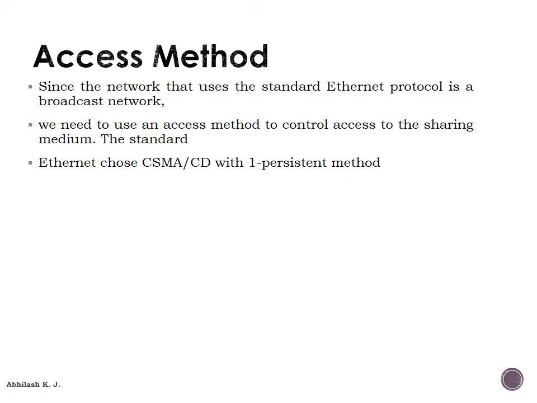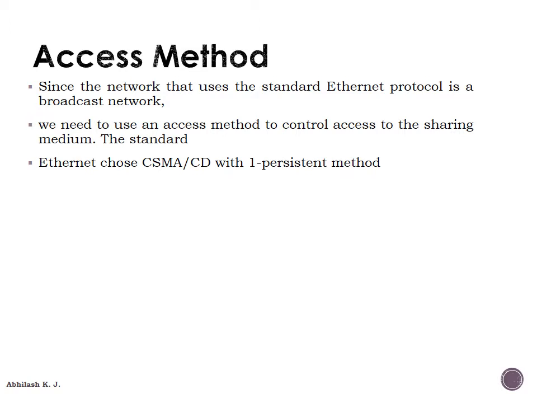Here, CSMA/CD along with the one persistent method is implemented in the standard Ethernet. One persistent method means that it continuously senses the medium, and whenever the medium is sensed idle, that is, the carrier is sensed idle,